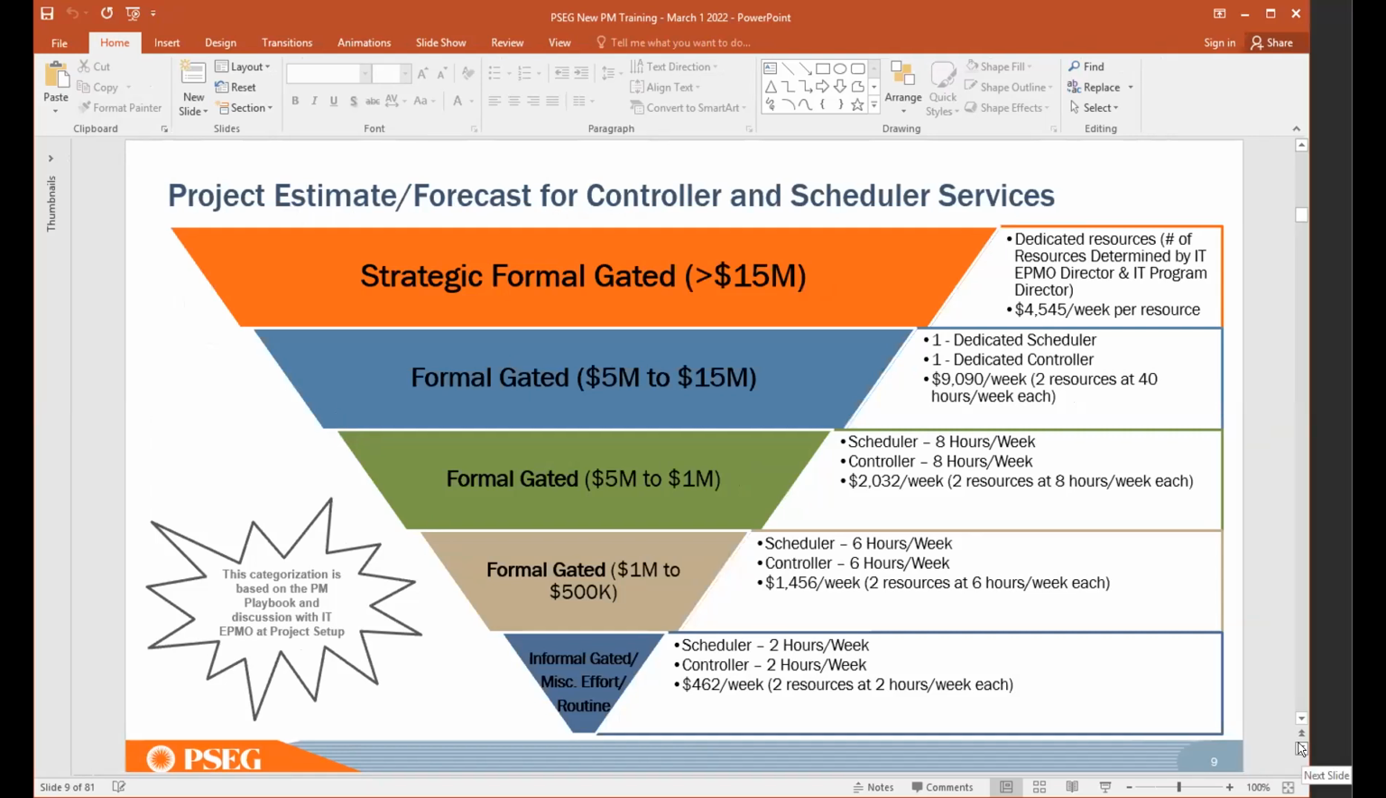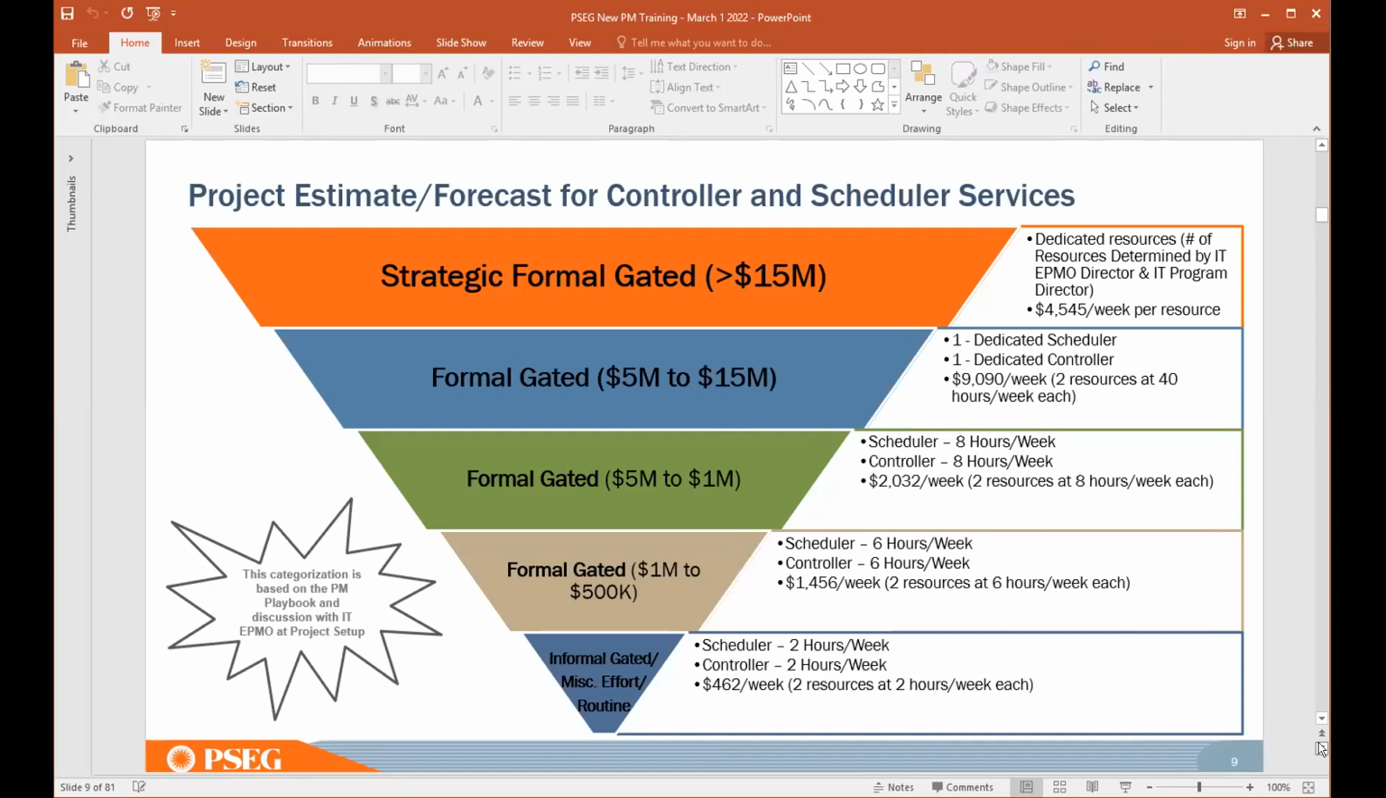But these resources are coming onto the projects with cost, right? They are being deployed to the projects based on various parameters. It could be a big project or a medium-sized project or a small project, or it could be annual or routine and blanket projects. But depending on the involvement that is required from a controller and a scheduler, we estimated, this is for your estimation purposes, if it is a strategic formal gated project, which is a huge project beyond $15 million, you almost need